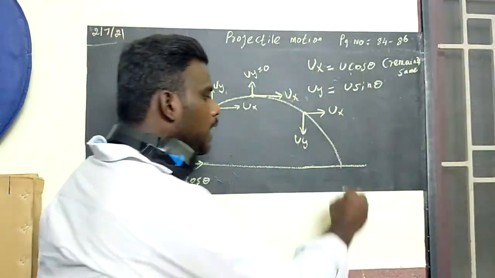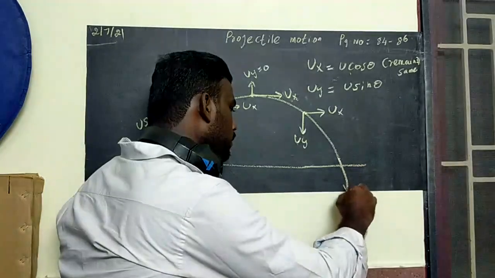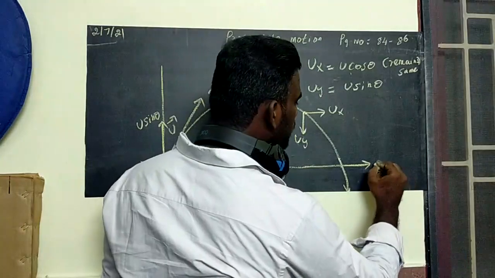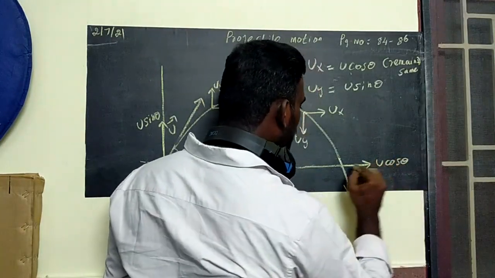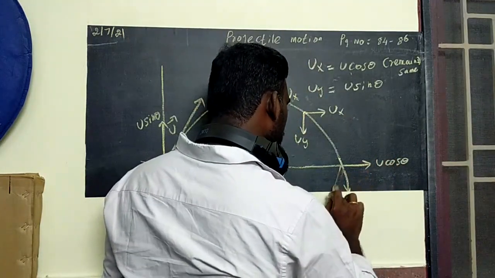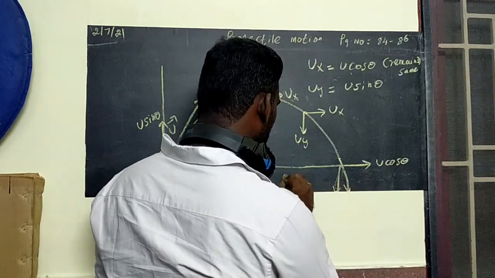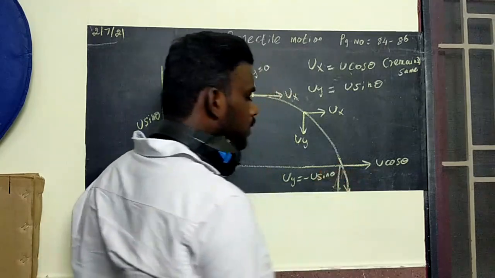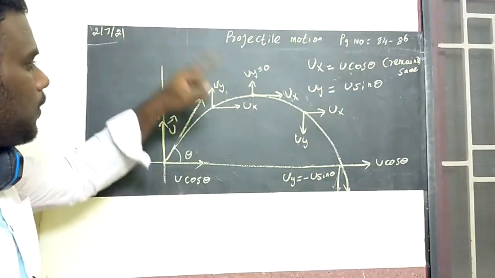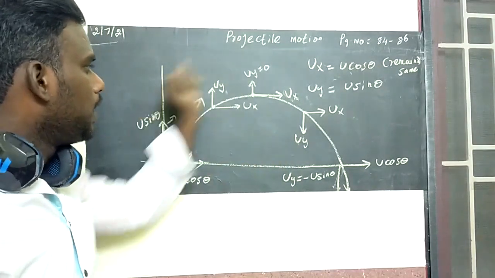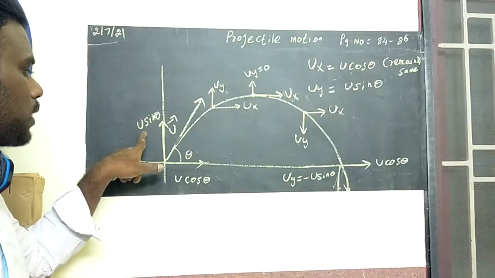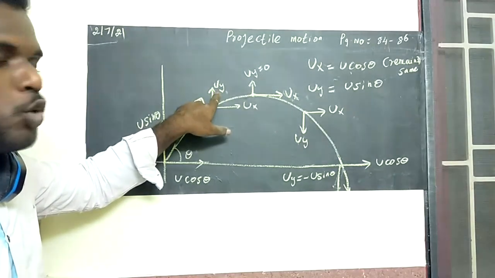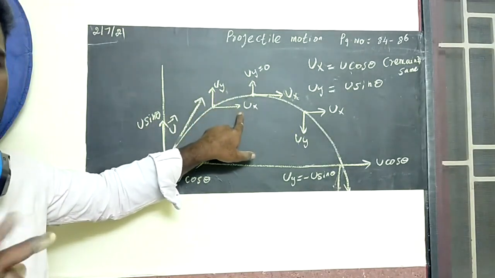Is that clear? And coming to when it hits the ground, here the velocity is what? The horizontal is still u cos theta, but in the vertical, uy will be minus u sin theta. So see the velocity of the body in the horizontal and the vertical at different instants. Initially u sin theta, u cos theta. After reaching some height, definitely this uy will change. What about ux? It remains the same.